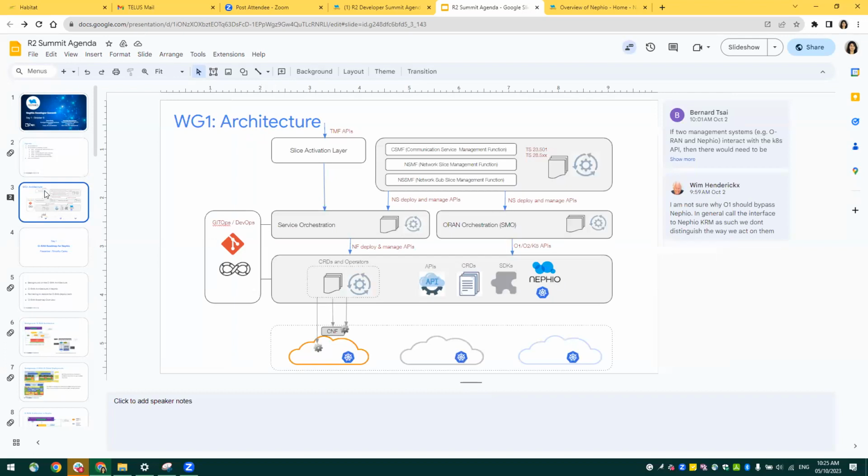For this particular working group 1 architecture slide, I have lots of open questions, and I know we have not reached a stage where convergence has been achieved. But I reviewed the slide with Kandan yesterday, and Kandan liked this version better than the others, because he felt that on day one a lot of people in the room would be brand new. For them, it would be easier to look at Nephew from a very high level perspective, not making them go into the details, because they probably won't understand the details before being able to see the big picture.